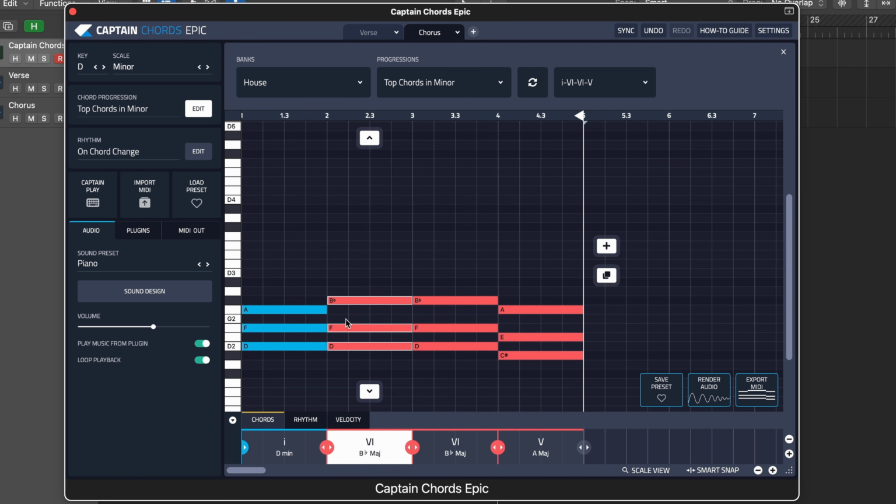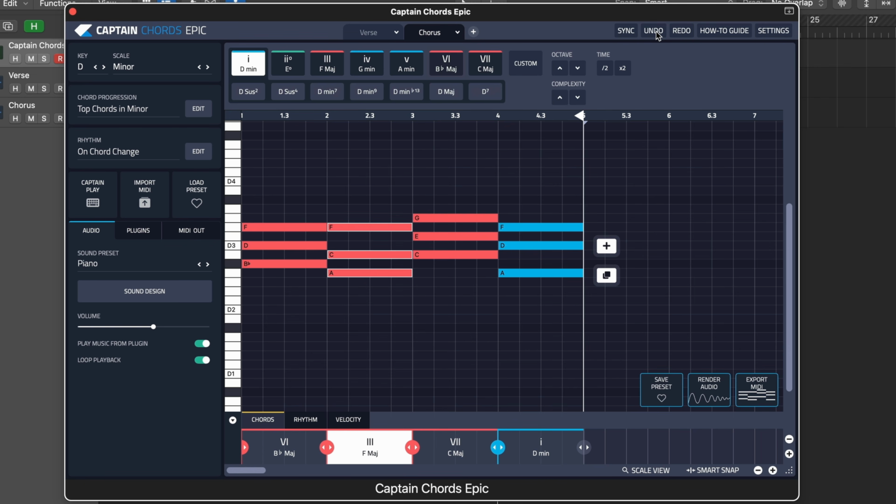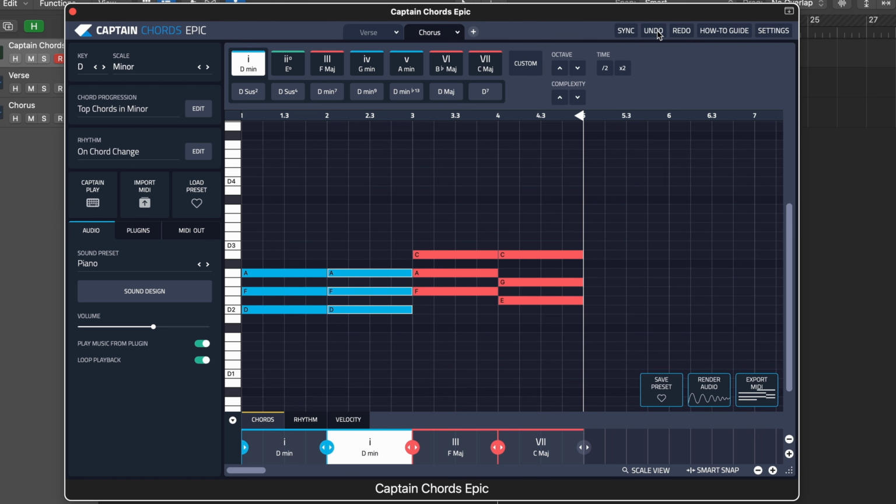Yeah, yeah. That's quite nice. So the minor first and the major sixth chord, but I think I preferred the ending of this one. Major six. Yeah, let's try this.